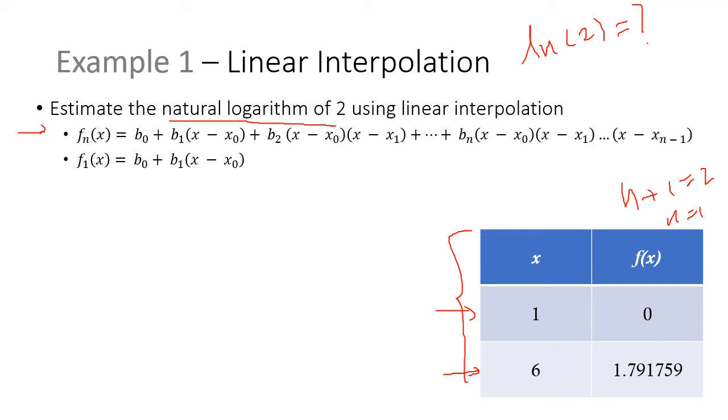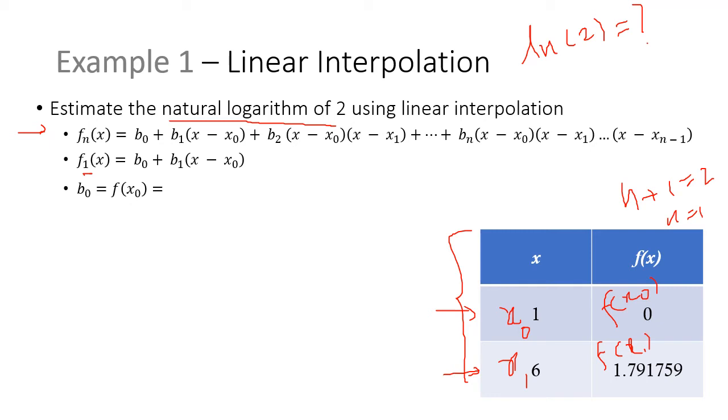Now the task that remains is to calculate those 2 coefficients b0 and b1. So let us find out. We have seen the formula for both of them on the previous slide, and one more thing: I have mentioned the subscript of f is 1. That means we are going to fit a straight line which has degree 1. That's why f has a subscript 1. So to find out b0, we know that from the previous slide b0 is simply f of x0. So in this table, this is x0, and this is f of x0. Similarly, this is x1 and this is f of x1.